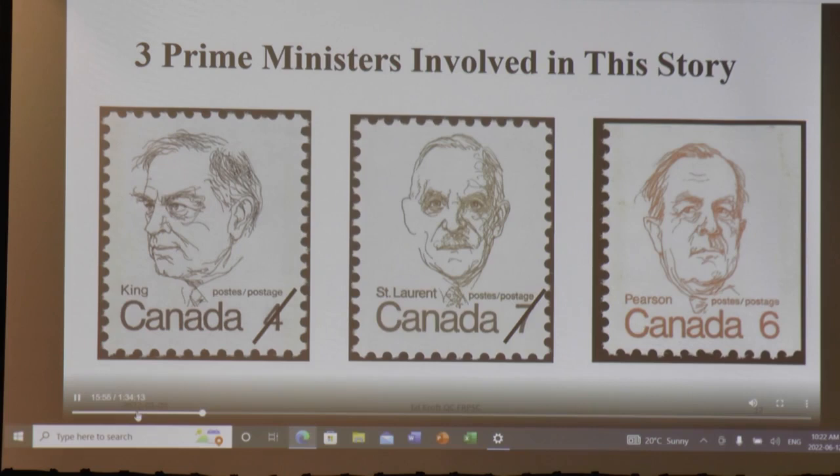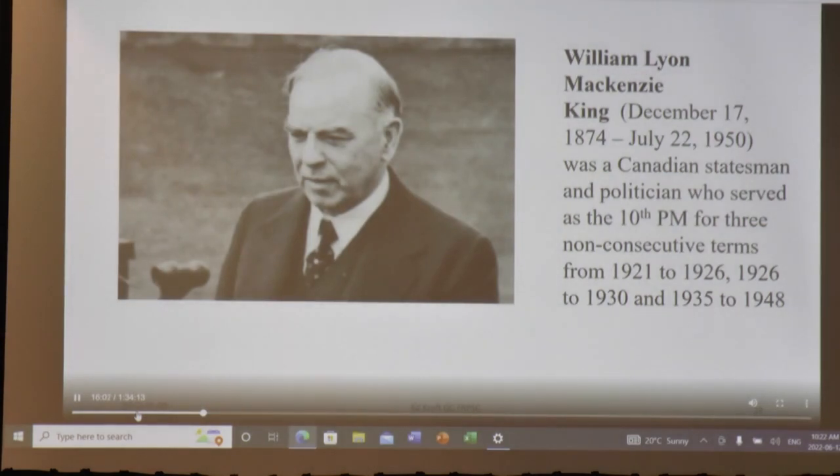They're also shown on other stamps, but here are three stamps just to recognize the dramatis personae. Now here's a picture of William Lyon Mackenzie King. As I mentioned, he served as the longest standing Canadian Prime Minister, in non-consecutive terms. To give you, again, a face to a name.